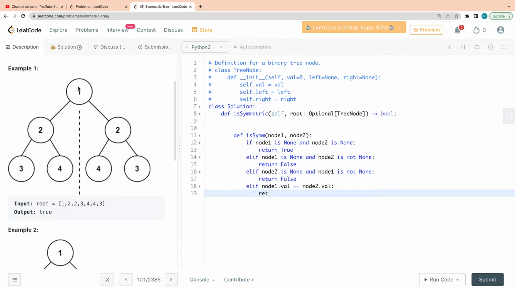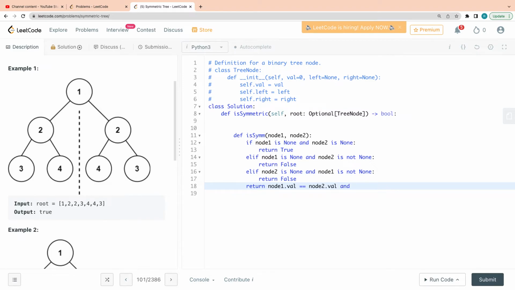We don't need to worry about the root because root is going to be a single node, and it cannot be divided into two different parts. So we have to start from here and here only. If these two values are the same, I should not just say return true, because I have to even check the down nodes, all other nodes. So I should return whatever the value is there with this,